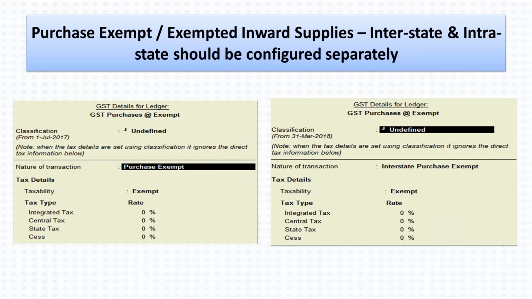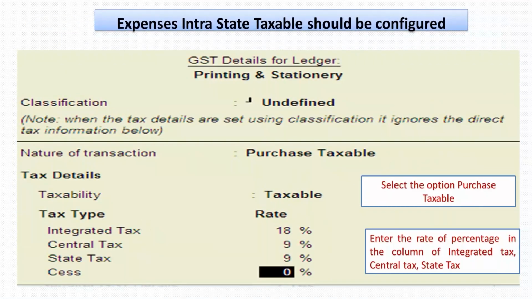So that is why the key is, once we configure it under the appropriate heads, it will get reported in the appropriate statutory reports in the various respective tables, so that at the time of return filing, I need not juggle with what are the transactions for this month and which will fall where. A lot of manual work can be avoided if we do the configurations right from the initial stage itself.